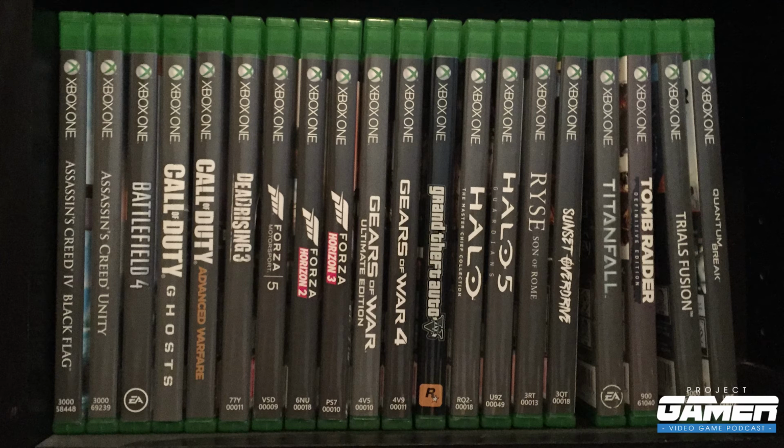We have Assassin's Creed 4, Assassin's Creed Unity, Battlefield 4, Call of Duty Ghosts and Advanced Warfare, Dead Rising 3, Forza 5, Forza Horizon 2 and then Forza Horizon 3, Gears of War Ultimate Edition, Gears of War 4, Grand Theft Auto 5, Halo The Master Chief Collection and Halo 5, Ryse: Son of Rome, Sunset Overdrive, which I really